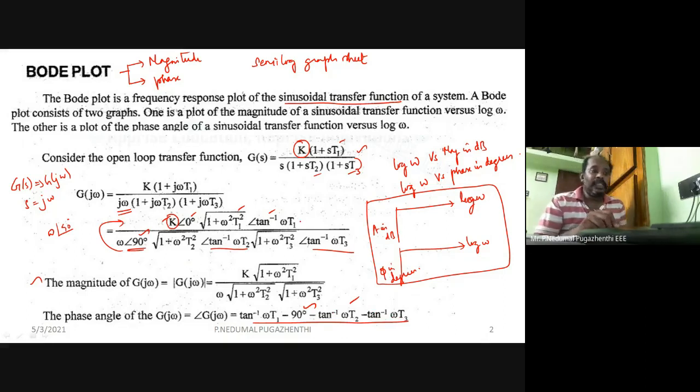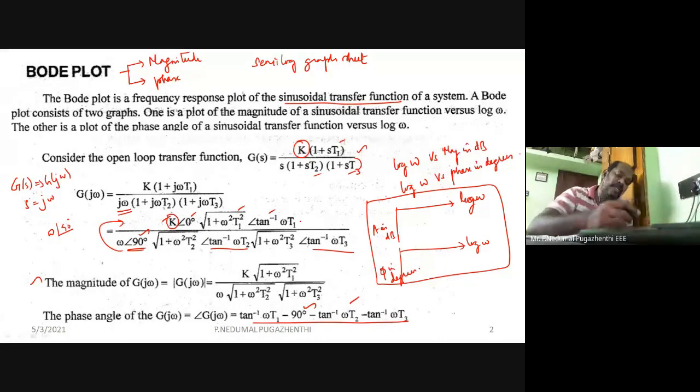So that gives the equation. If you have a doubt, please ask me. I will try to clear that right now. Everybody in the class, if you are provided with the transfer function, writing out the magnitude terms and the angle terms, if you have a doubt, please ask me. Anybody? Any doubts so far? No doubt. Fine.